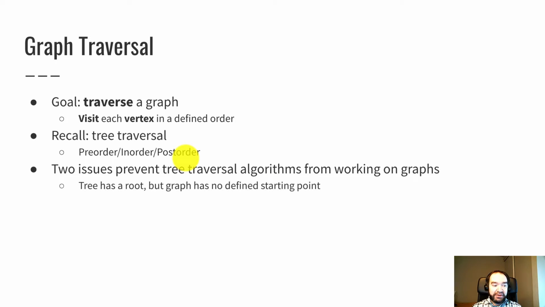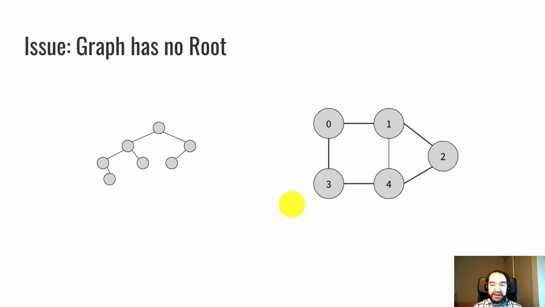One of those issues is that a tree has a root, but a general graph does not have a defined starting point. So all of those tree traversals are organized around a defined root vertex, but graphs don't have a defined root or any other internally defined anchor vertex. Another big issue is that the Euler tour is not defined for a general graph. The Euler tour was that idea of going around the shoreline of a tree. You can do that in a tree, but in a graph there can be a cycle, and if there's a cycle in the graph, the Euler tour is not a defined concept anymore.